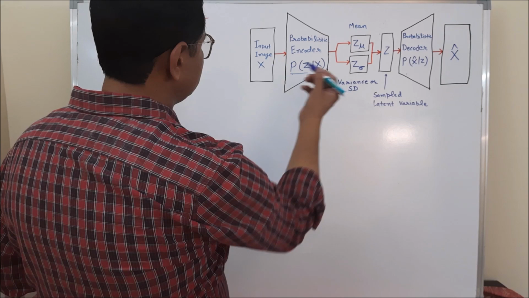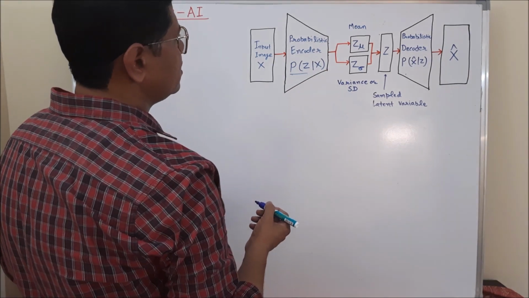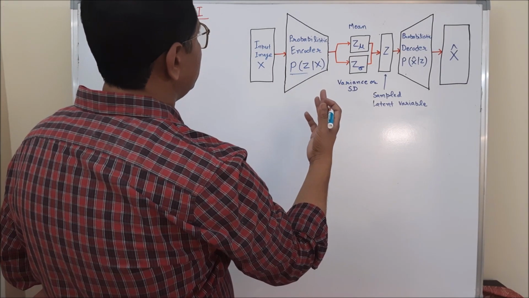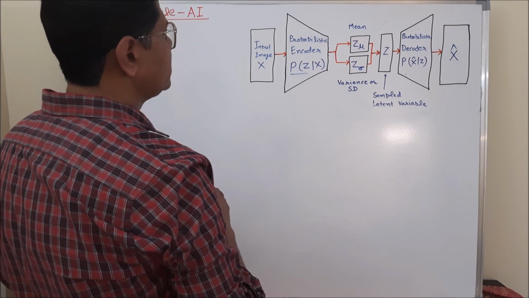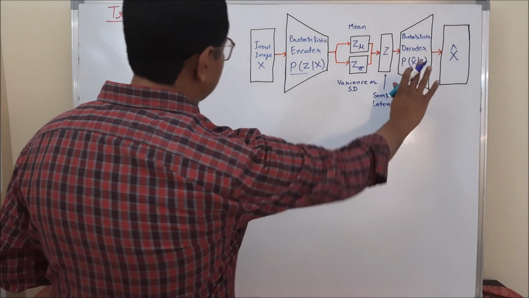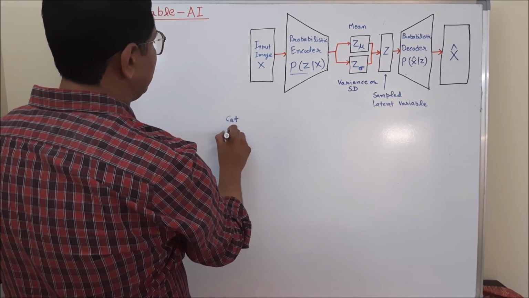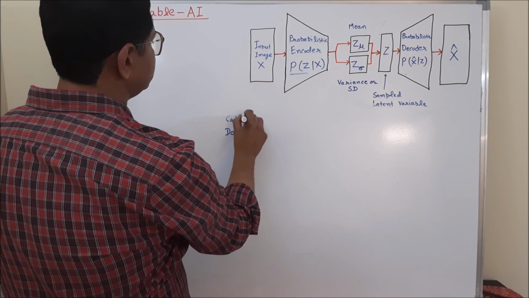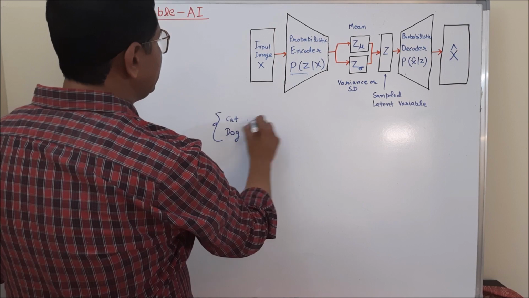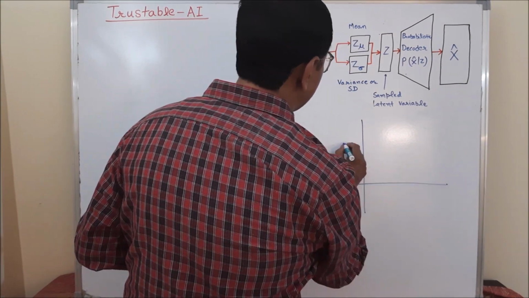So now let us try to understand how it helps us in modeling the epistemic uncertainty. Suppose you train this model for features of cat and dog. So the system is trained for the features of cat and dog. So any variety of cat and dog image, if you provide and take the